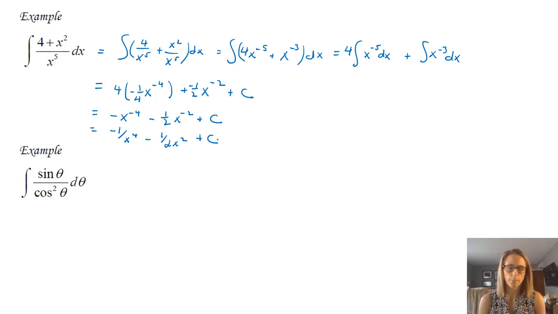For the second example, notice that you have sine theta, you've got cosine theta squared. These are not things that you guys know yet, just in terms of, what do I mean by that? Like you don't have an antiderivative of cosine squared theta. That's just not something that you know the antiderivative of.